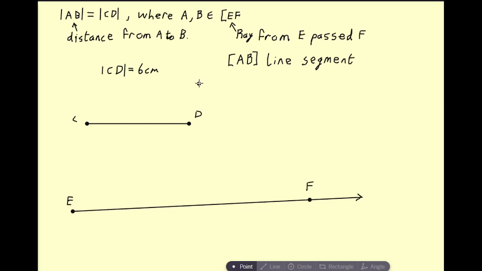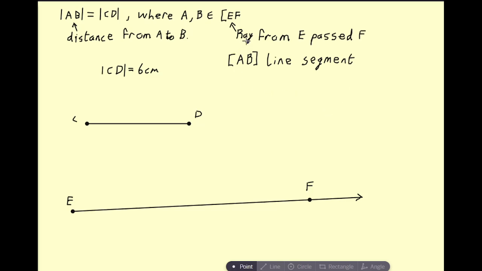We also want our line segment AB to be on the ray EF. The ray EF starts at E and is a straight line that continues on past F. To indicate that using our geometry language, we have a square bracket sitting next to E, but we don't have a square bracket sitting next to F. For a line segment, the line segment would stop at both letters. So here would be the line segment CD,